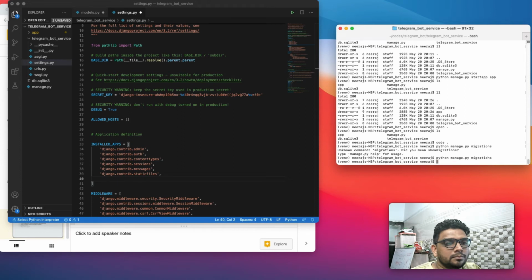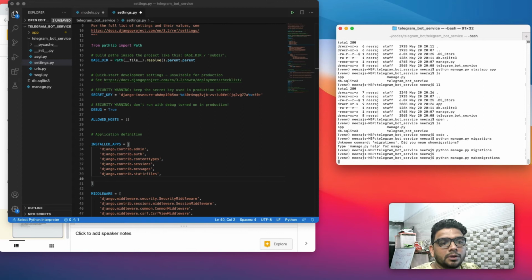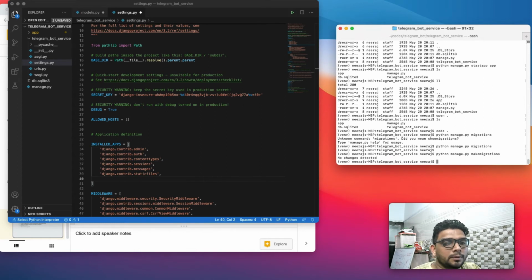So we need to say makemigrations, because we have to create a migration, and it says no changes detected. Why? Because we have not added the app over here. Now let's add the app name and let's see if it detects the change or not.